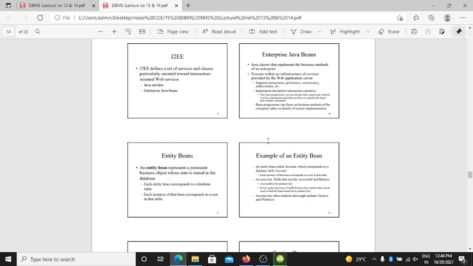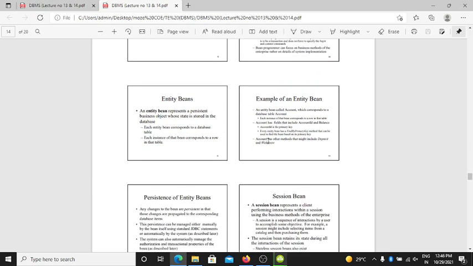Entity bean. An entity bean represents a persistent business object whose state is stored in the database. Each entity bean corresponds to a database table, and each instance of that bean corresponds to a row in the table. An example is an entity bean called Account, which corresponds to a database table account.